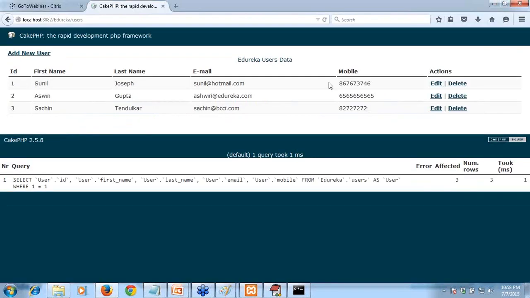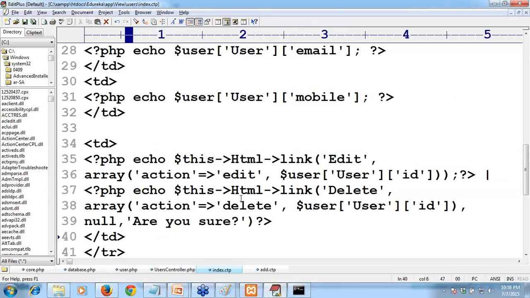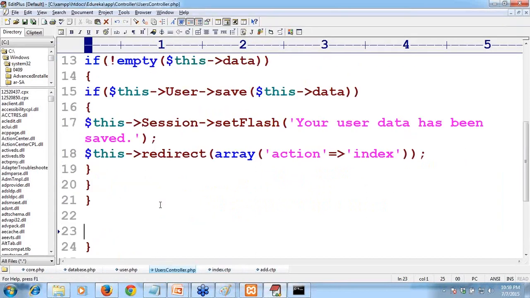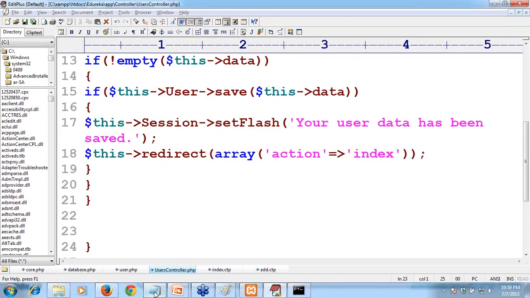We are refreshing. You see here, all the records are coming. Edit: you can see in the status bar, edit/1, because the ID value is given, edit/2, edit/3. We have not done anything in the edit action, because we don't have any edit action. When anyone clicks on that, it will go to the edit action. If anyone clicks on this link, it will go to the delete action, but we don't have edit and delete actions. We have got only two actions, index as well as add. So let us create